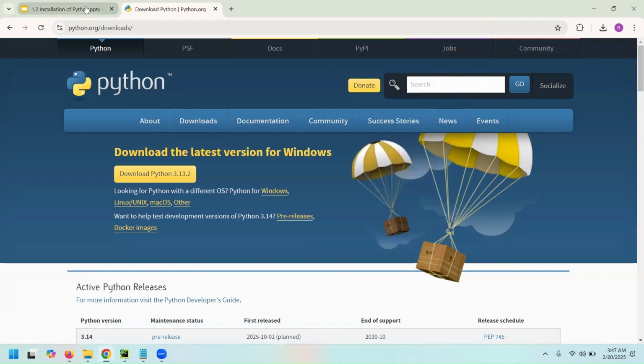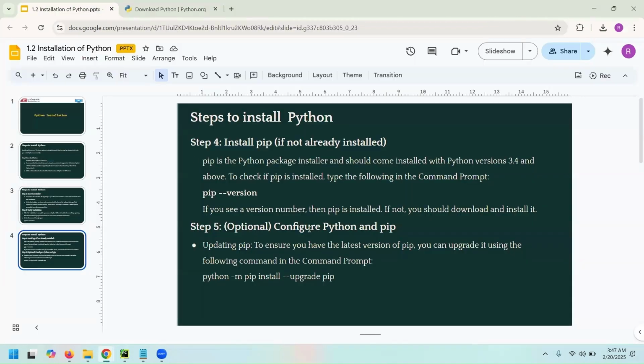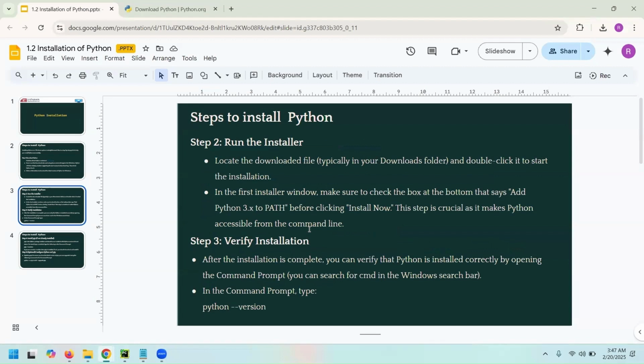So here, once Python is installed, just to check that Python is installed properly in your system, after it's downloading, you double click the installer. In the first installer window, check add Python to PATH and click install now. So these options you have to do and it will be done. Now, to check whether Python is installed in your system or not, what you have to do basically is